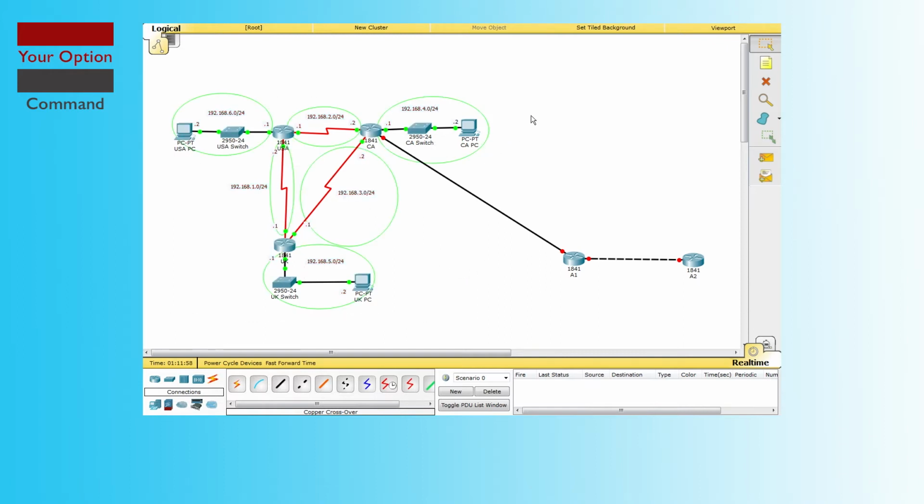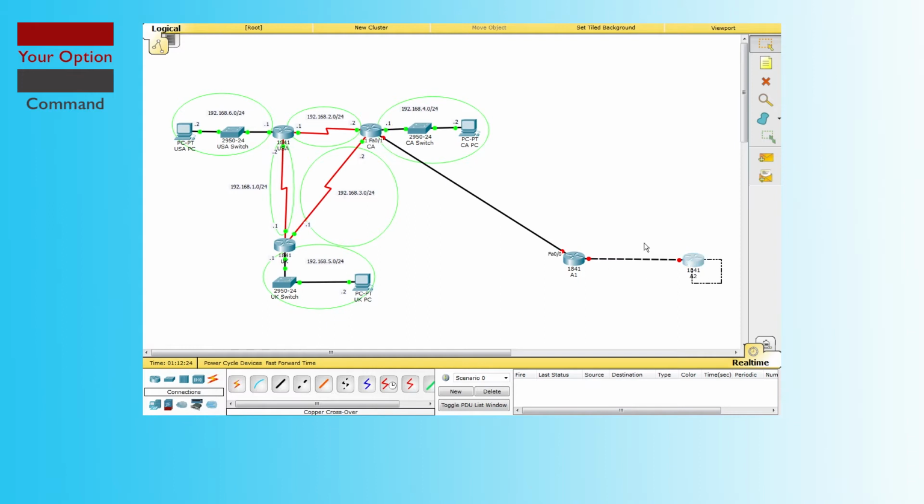And another typical thing, OSPF is really for bigger companies. So if we were to expand these networks out a lot more, say this was like a world thing, the UK was talking to USA and USA to Canada and everything, that would be a lot bigger network, and this would be where